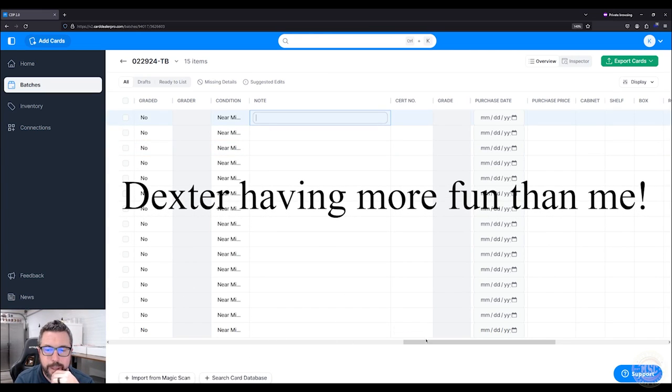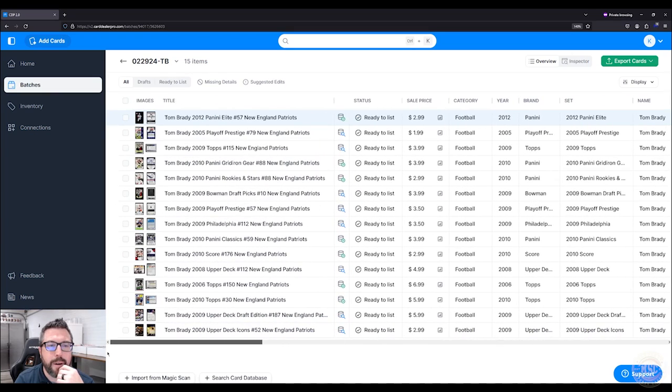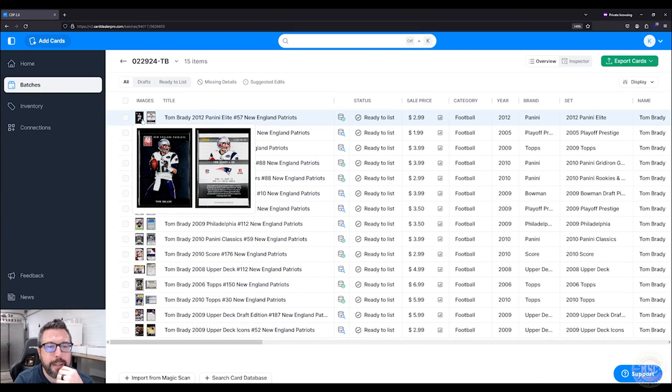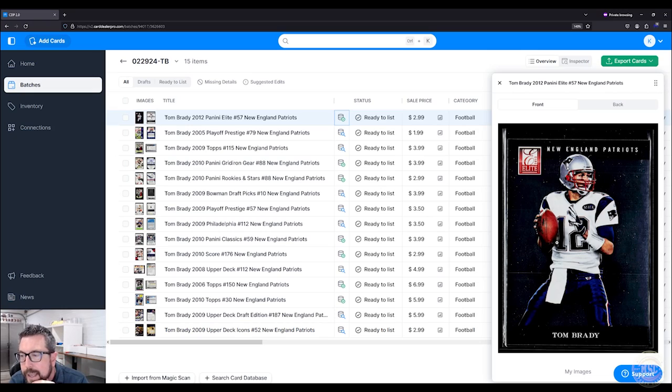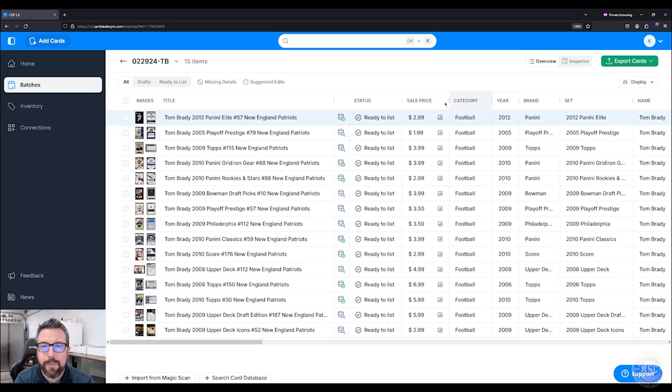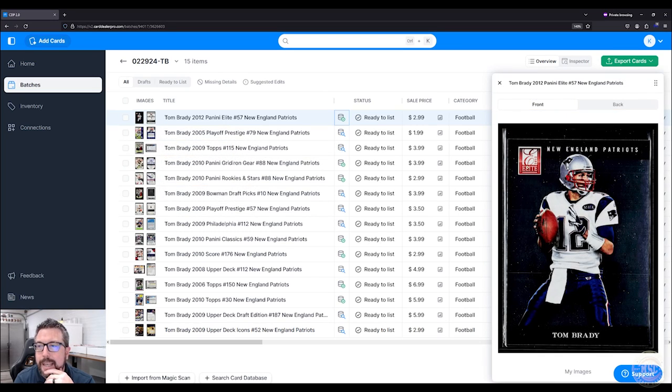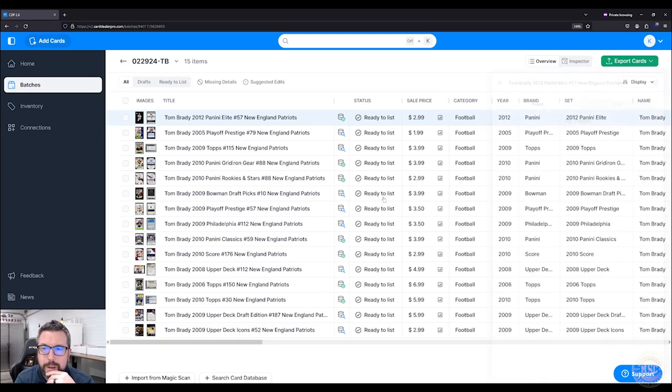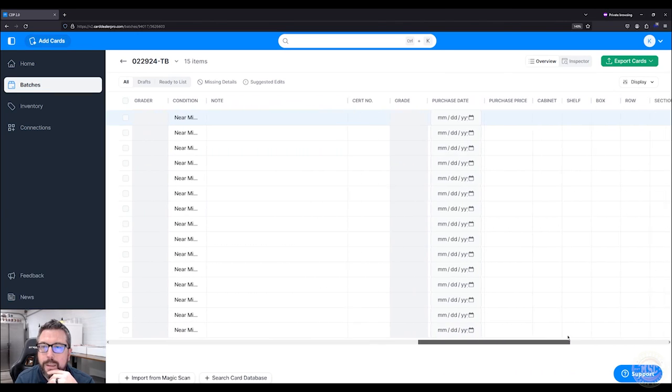But these notes. So here, let's say that this particular card, this 2012 Panini Elite, let's say, when I was viewing it, this sheen on here was not actually just from the reflection, but let's say this was actually a problem on the card after reviewing. I know the card is fantastic, especially for dollar cards that are being sold, right? But let's say there was a noticeable issue, or this line was actually on the card and it's not just from the scan. Then what you do, and I'll show you the note over here, you go to the note section